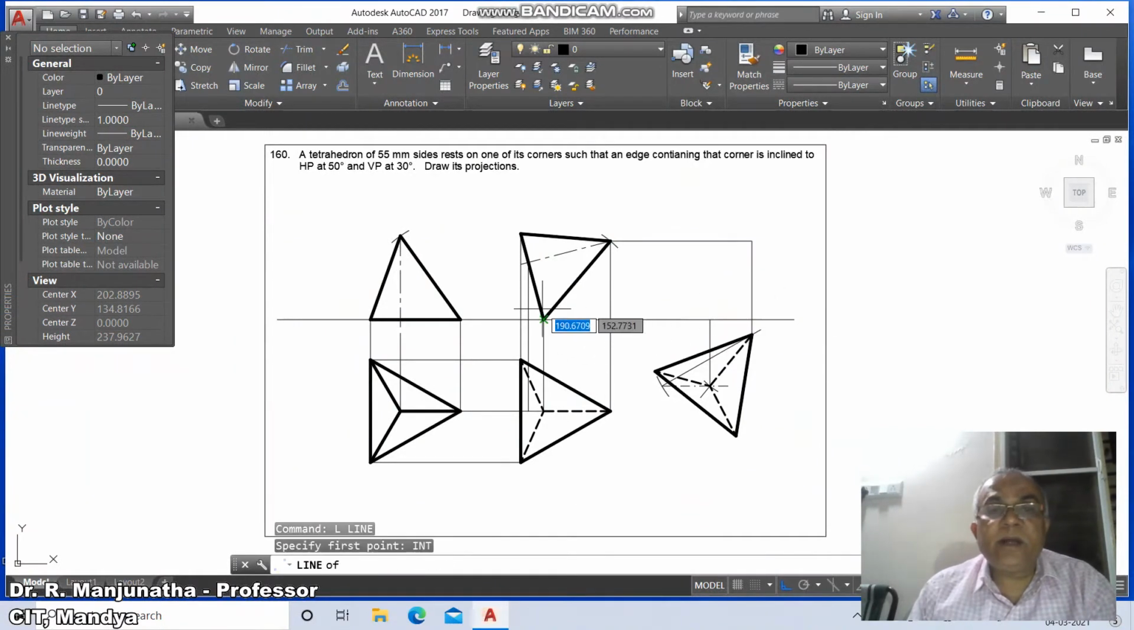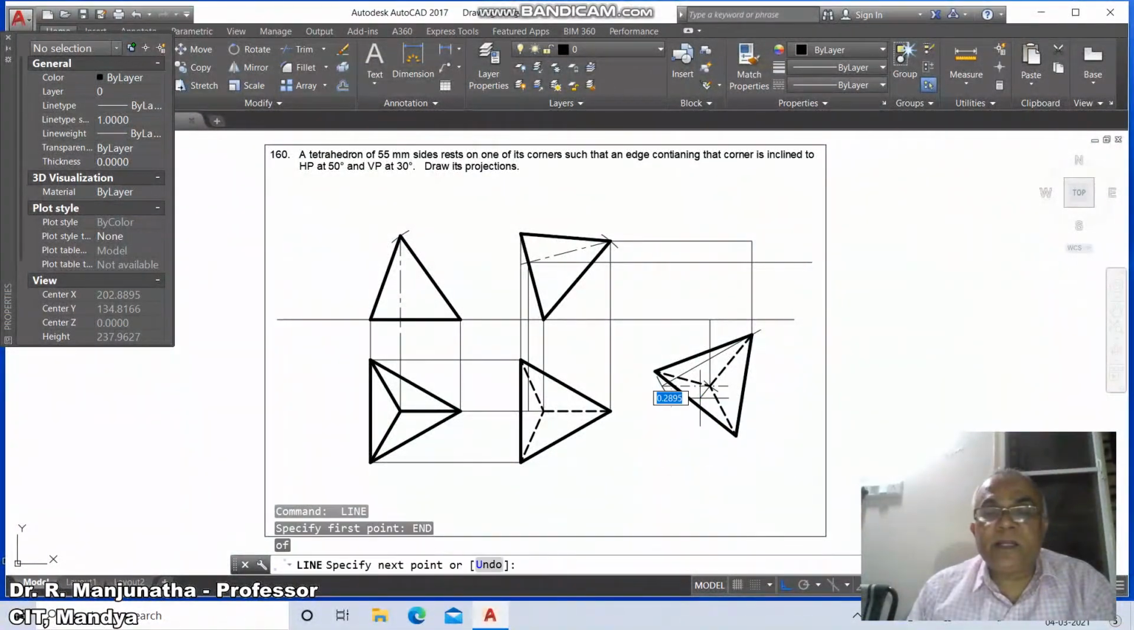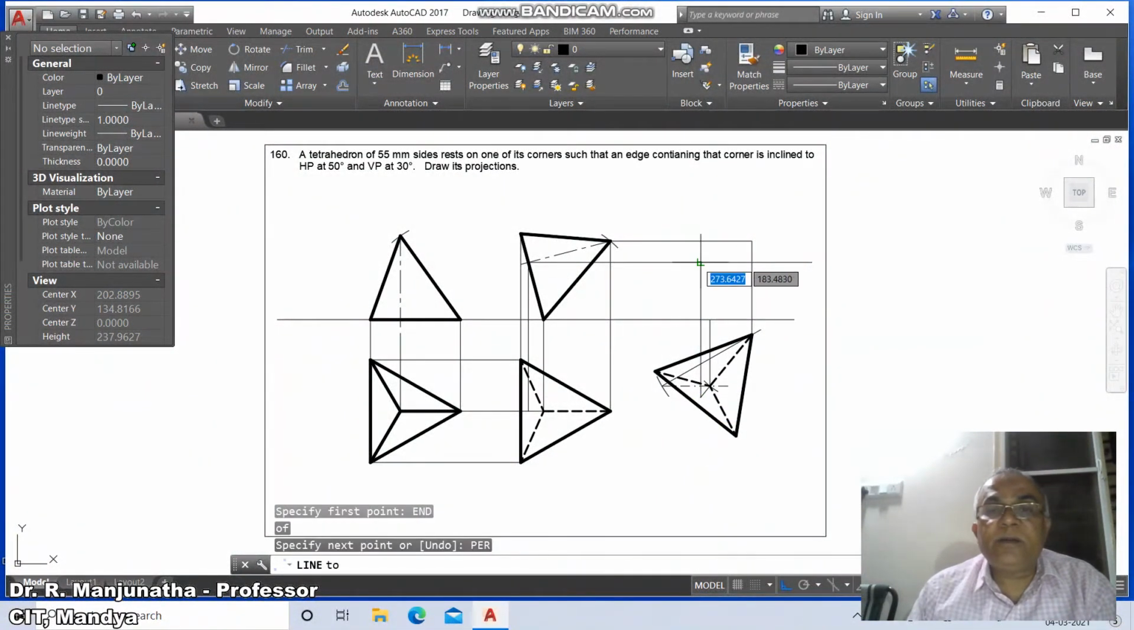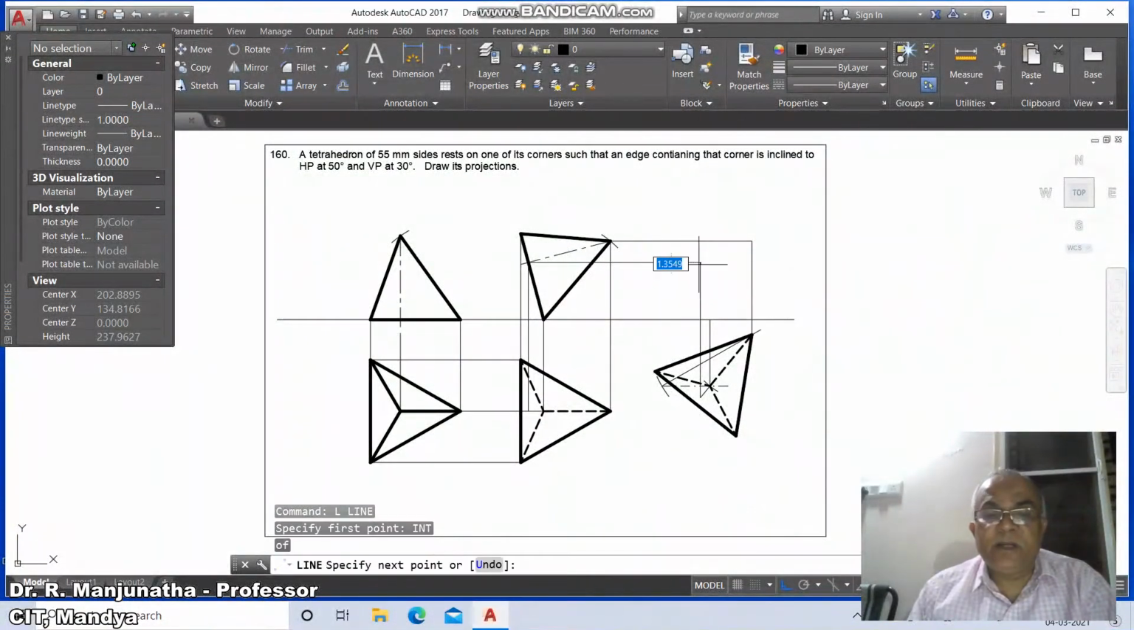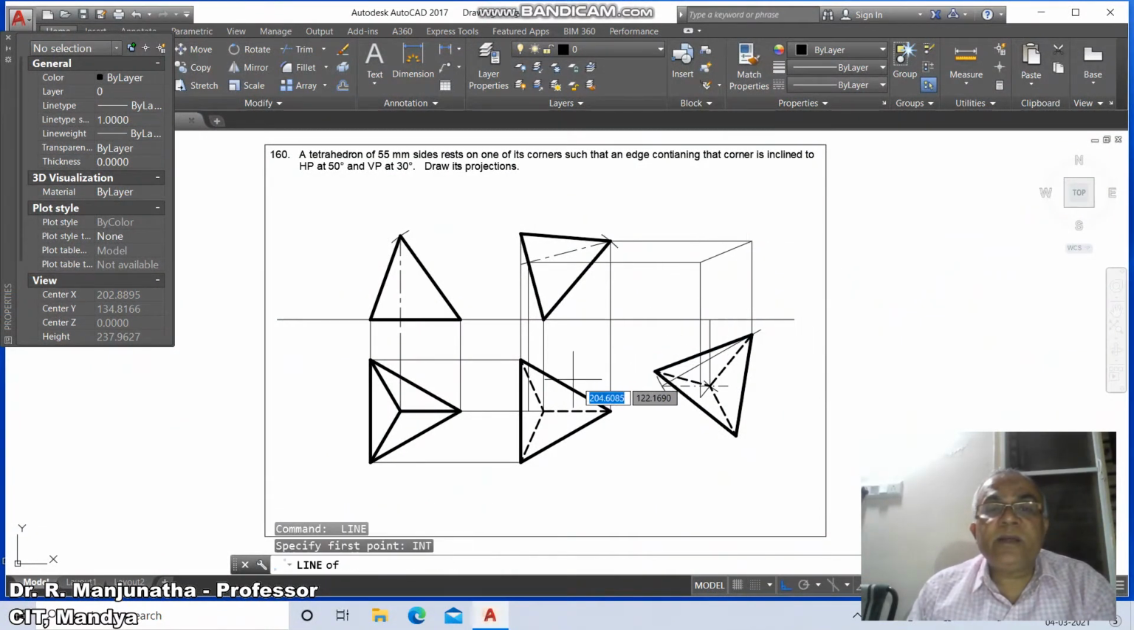Then go to line, int of this and draw a horizontal line and take endpoint of this and draw perpendicular to this and then draw fillet between these two. Then go to line, take int of this and take intersection point of this. Then similarly line, int of